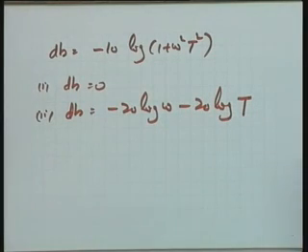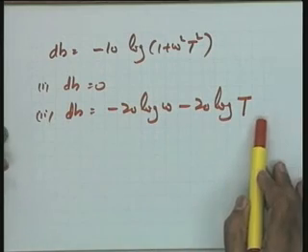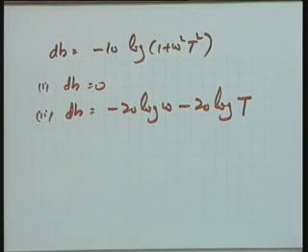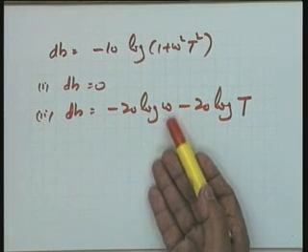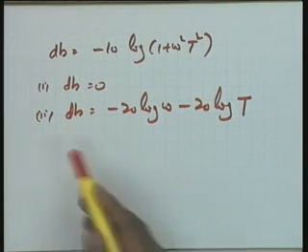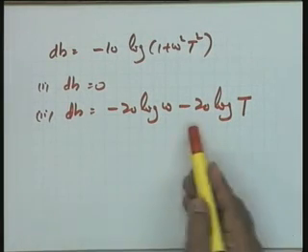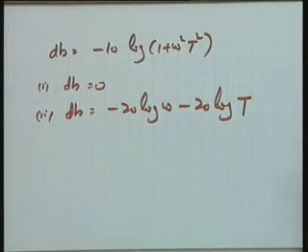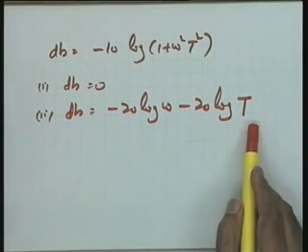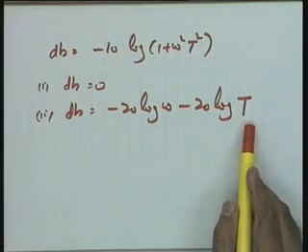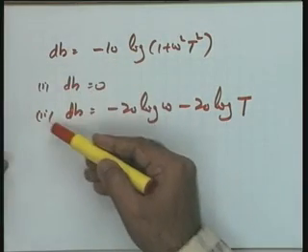Now, you can see, if you give me a sketch of this line, it is y is equal to mx plus c. It passes through the point omega is equal to 1 over t, because dB will be 0, and the line is minus 20 dB per decade. I hope you are getting my point. Assuming that the approximation is valid up to the point omega is equal to 1 over t, in that particular case, this line is an accurate approximation, otherwise there is an error between this and this.